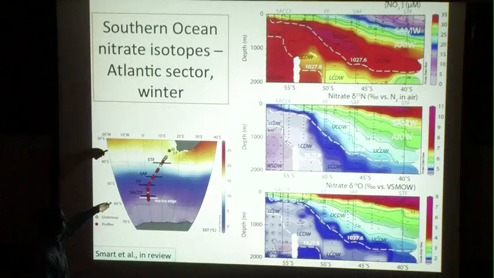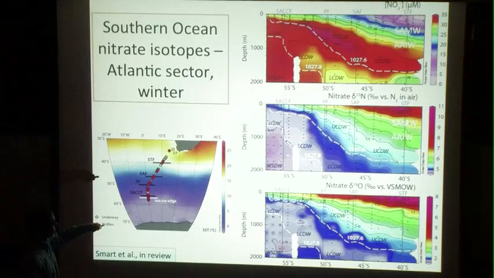So here nitrate concentrations are lower, here they're higher, and yet as we go from Weddell Sea deep water to LCDW to upper circumpolar deep water, we're going from higher nitrate concentration to lower nitrate concentration to higher nitrate concentration again. In delta 15N, it's monotonic. We're going from lower delta 15N all the way through to higher delta 15N. What's going on with